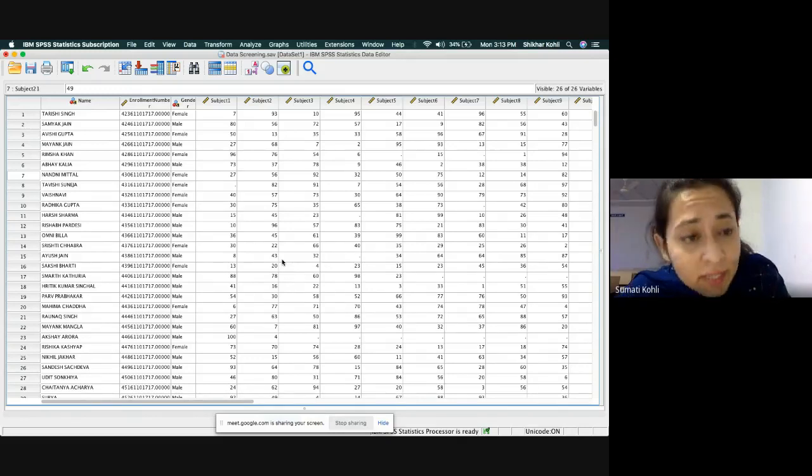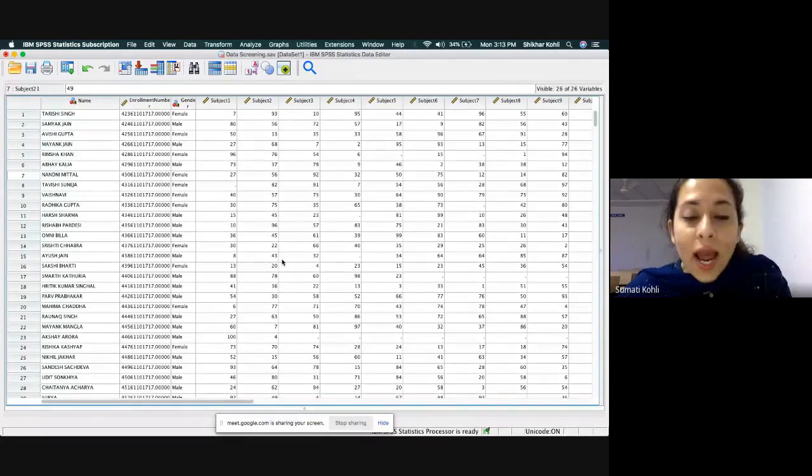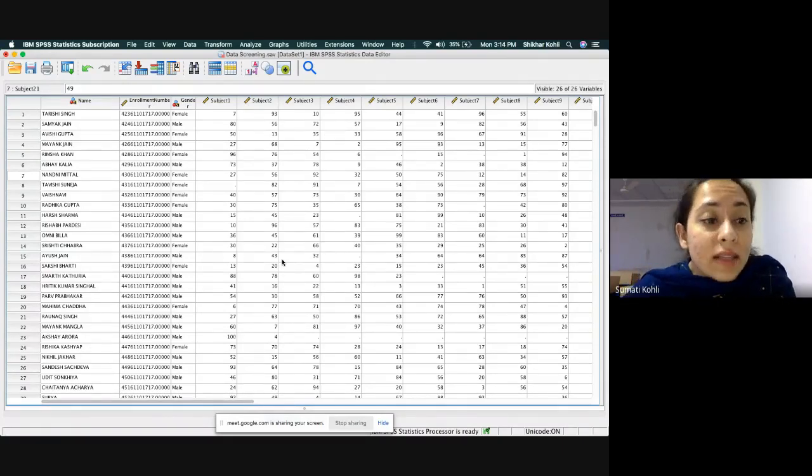Okay? Another way to understand this is that suppose you go around the college and you distribute questionnaires to all your friends and people of the other section or maybe people of other courses, and you all know sometimes it happens people don't fill the entire questionnaire. So what you do is when you go back home and check everyone's responses, you will remove those questionnaires in which more than 5% of the data is missing, in which people have missed out more than 5% of the questions.